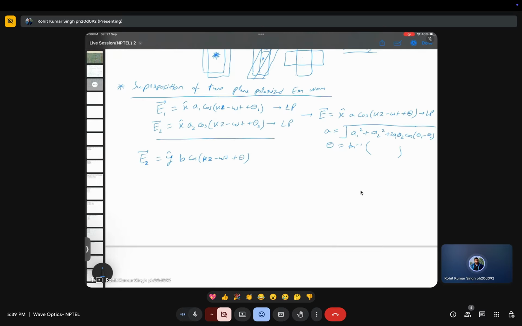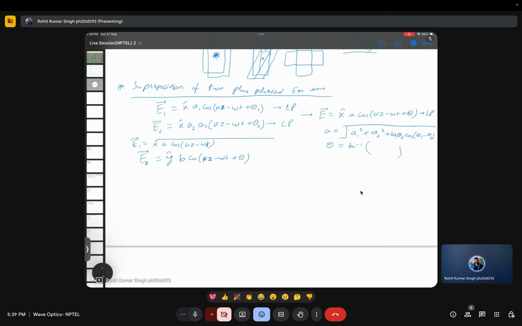And it has a phase difference of theta. So here, let's write it like this. It is in x direction with amplitude a, and I am putting the phase angle 0, so that the phase difference between them will be just theta. Okay, it's fine. So now for this kind of waves, what will happen is,